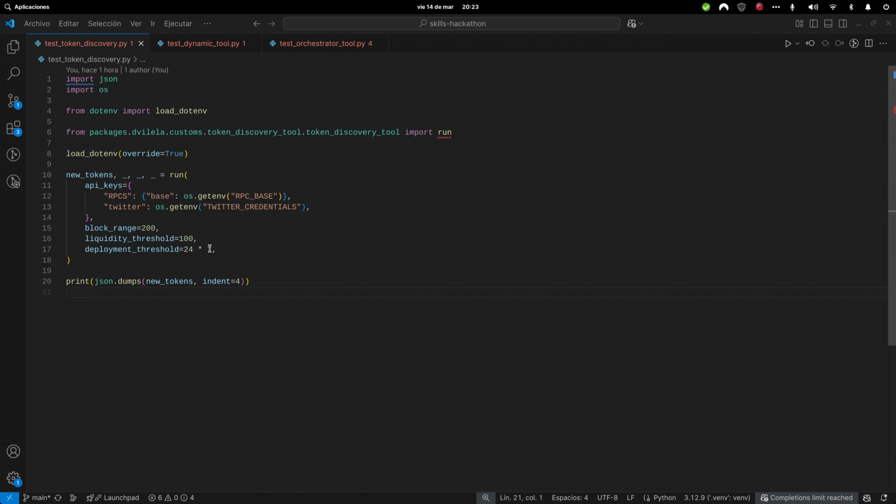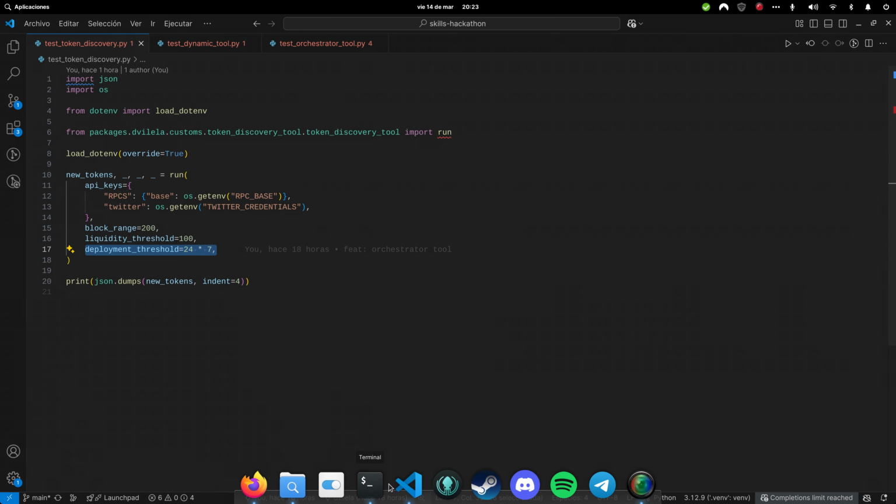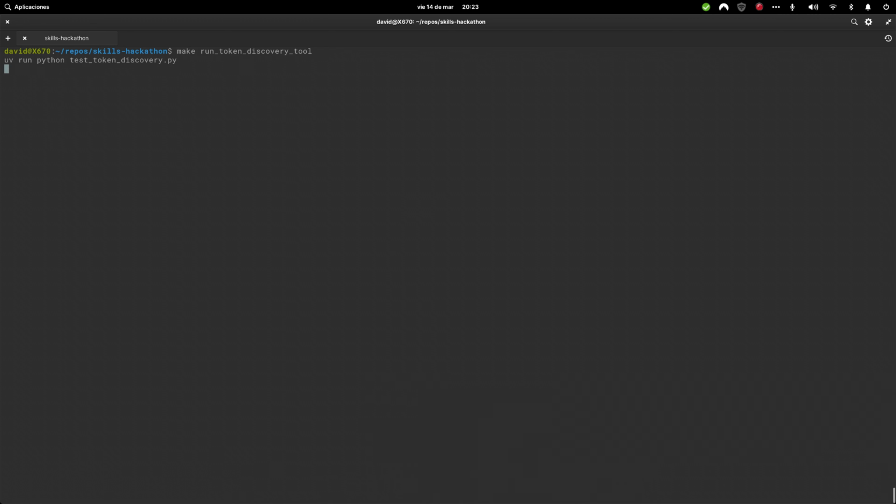So basically, whenever I run this test, you will see that we will parse the last 200 blocks, we will find pools that have been deployed, and then we will filter out low liquidity pools. And then of the remaining ones, we will select those tokens that have been deployed in the last week or so. So I'm going to run it, and you can see that first, in the last 200 blocks, the tool